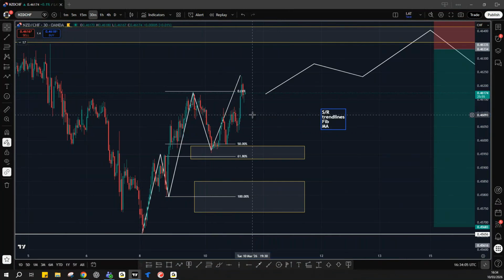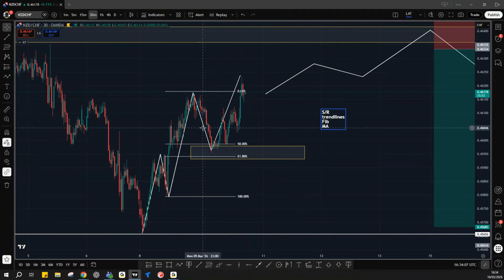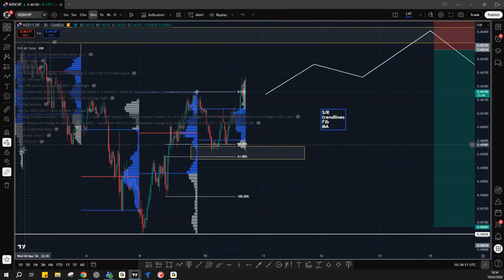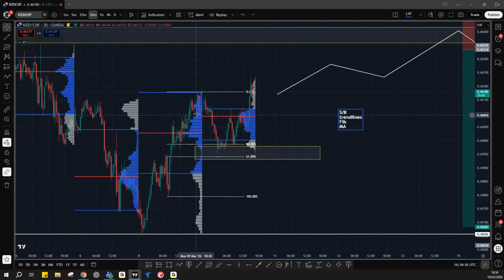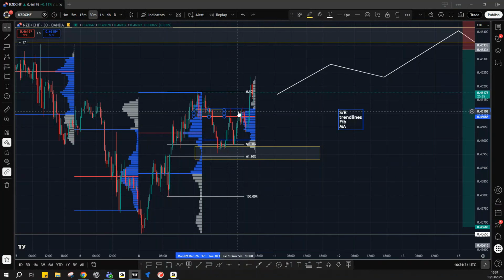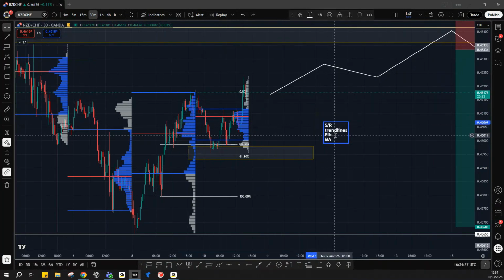Now that allows us to kind of eliminate this one, because this particular area of thin volume has got another level of confirmation around this point. So we can say this is a stronger zone. I can disregard these two. Yes, we might miss it if it does come off this, but so be it. We're not going to get every trade. That's just one we won't have. Now, granted, this did happen a bit early, but we'll see how it looks. So that's one thing we can do just to give a bit more confirmation on the level itself.